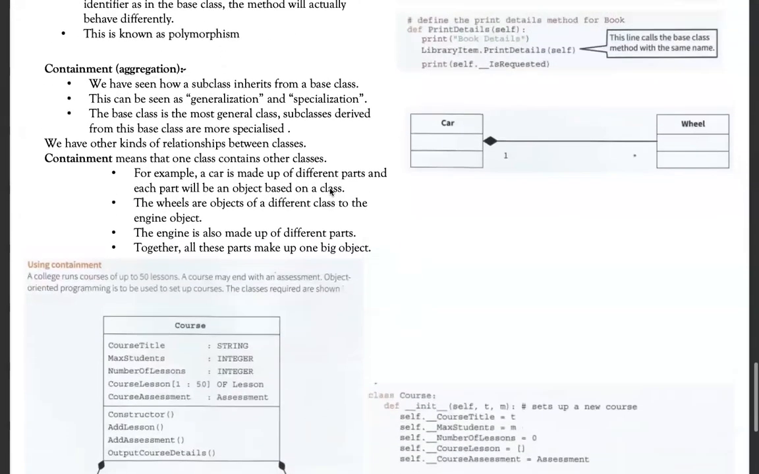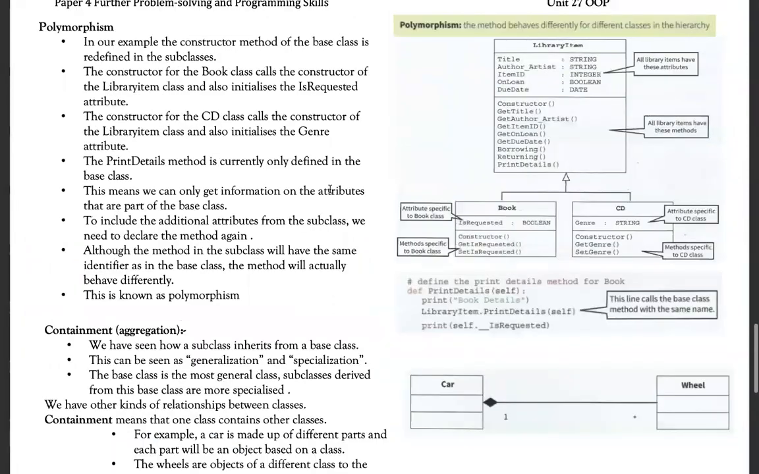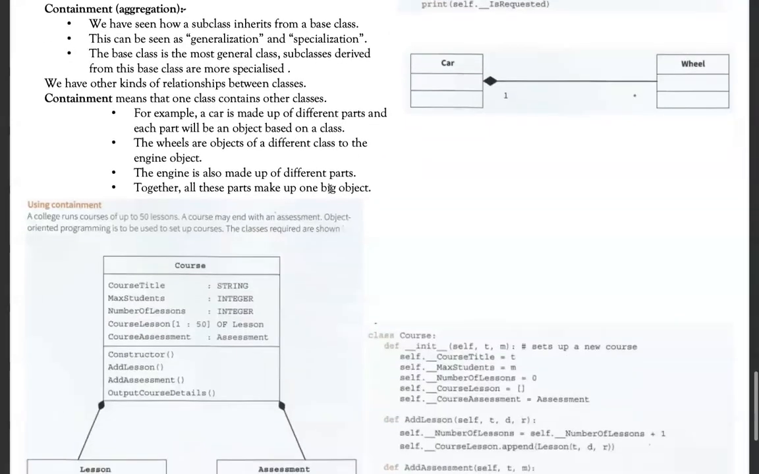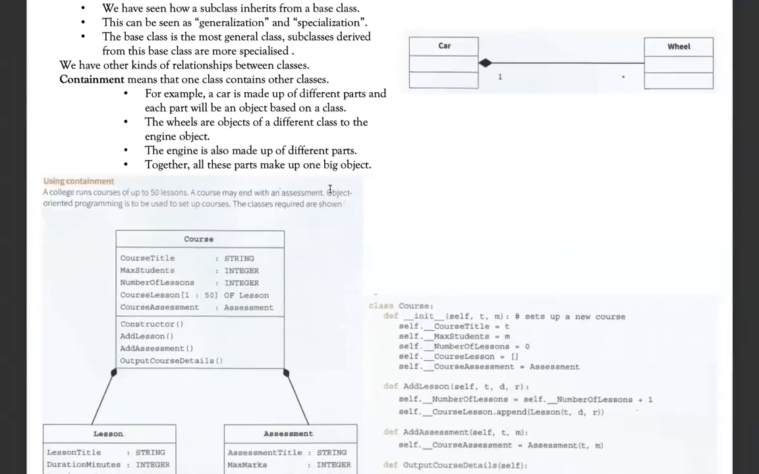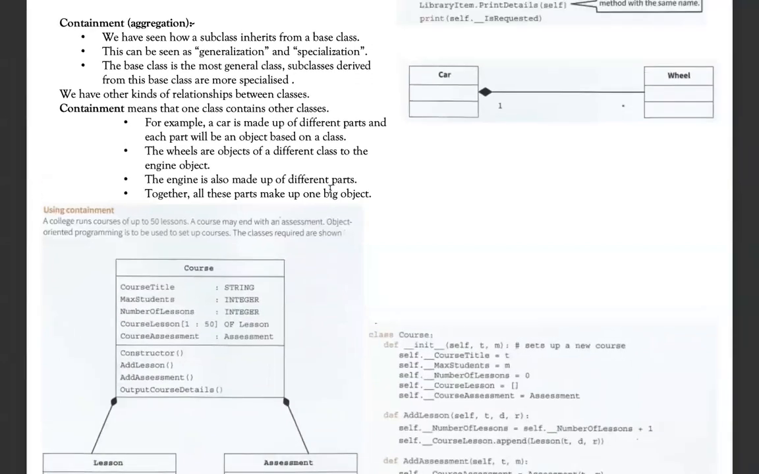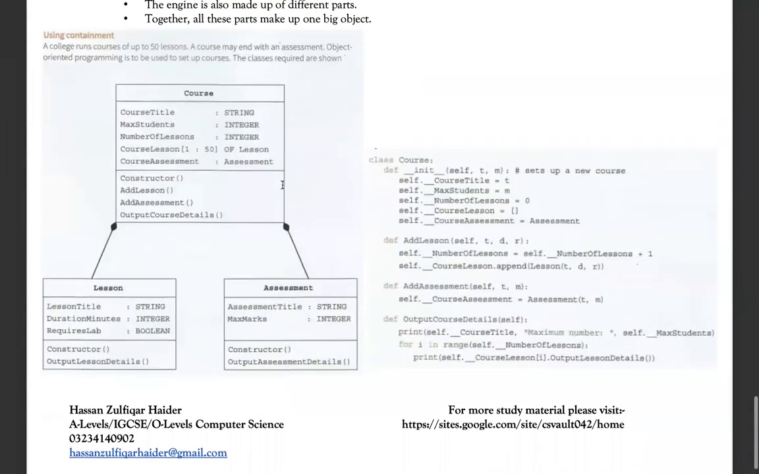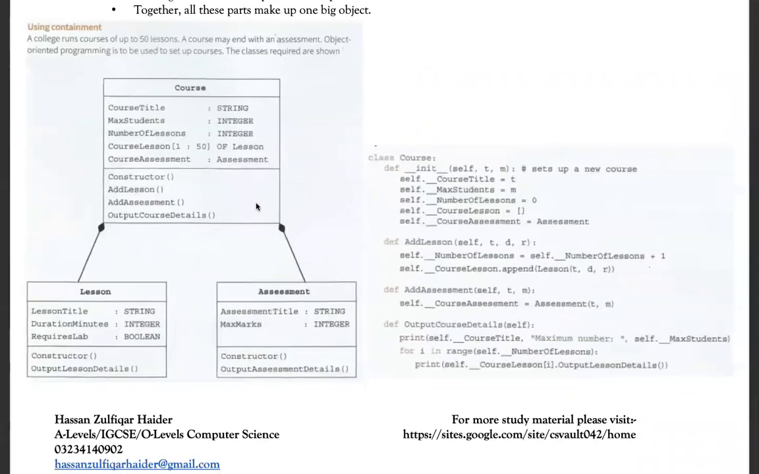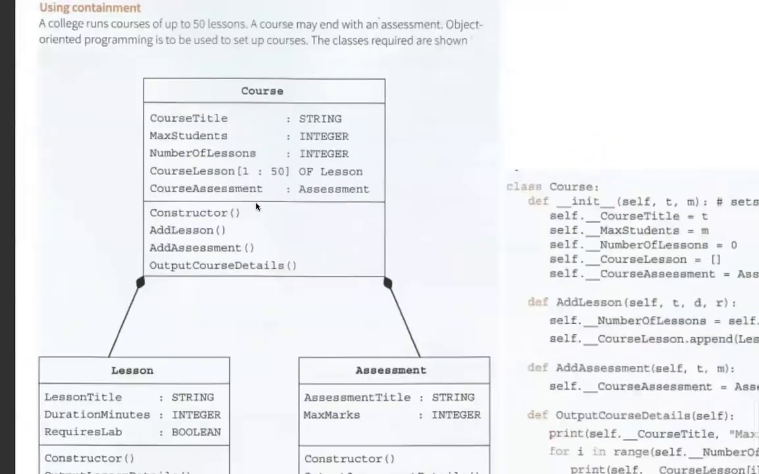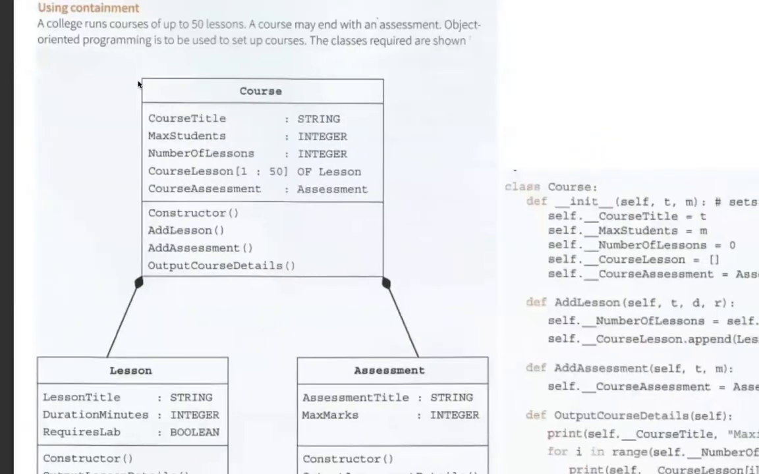Okay, so in the previous lecture, we covered polymorphism. Now, one final issue to be discussed with respect to object-oriented programming is containment, also known as aggregation. In simple terms, containment or aggregation is basically that in a class definition, say, for example, I created a